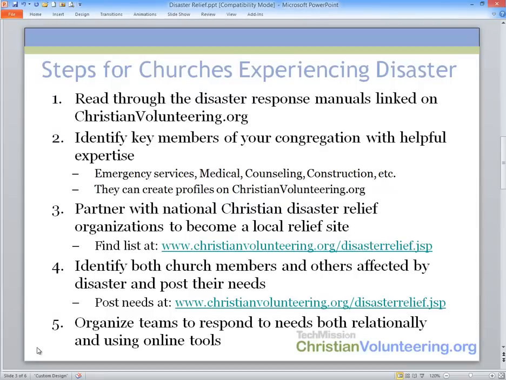So we've talked with a number of churches who've responded effectively to disasters, and it's often the EMTs, the doctors, the counselors, and especially people with construction experience who can serve as foremen with other volunteers. And that's the second step. And the third step is to partner with national Christian disaster relief organizations, local organizations, and other churches to become